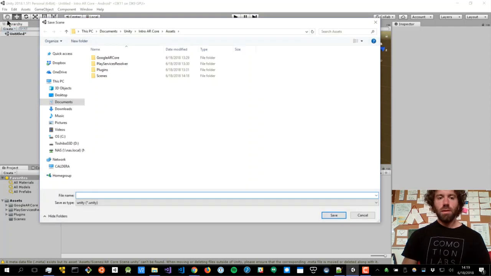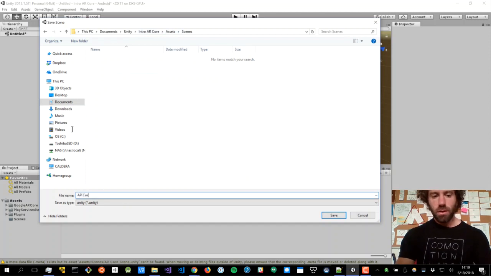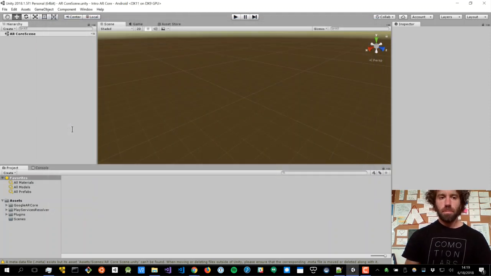we're ready to build. When you choose Save, Unity by default puts us into our project folder in the Assets. Go into the Scenes folder, and then we'll just call this ARCore Scene. You can call it whatever you want. Now our empty scene is saved, so we won't be prompted to save it when we go ahead and load